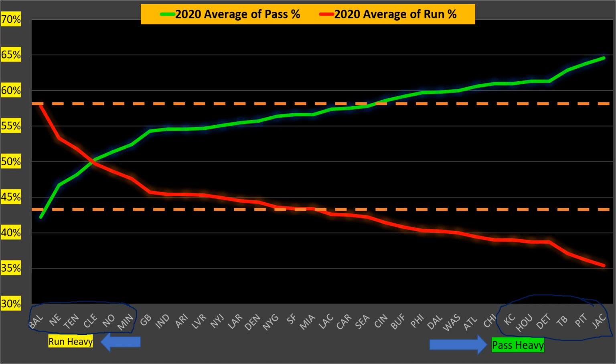Notice that Carolina last year was down here, but we assume that since McCaffrey wasn't there a lot, Carolina was not running as much as maybe they will this year. We'll see. So teams tended to be run heavy or pass heavy. Good to understand this. Fingertips for your drafting, you just need to go ahead and memorize this so you can,